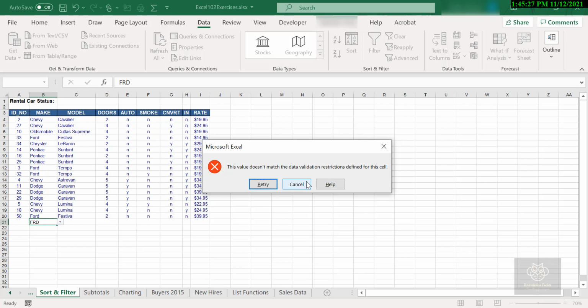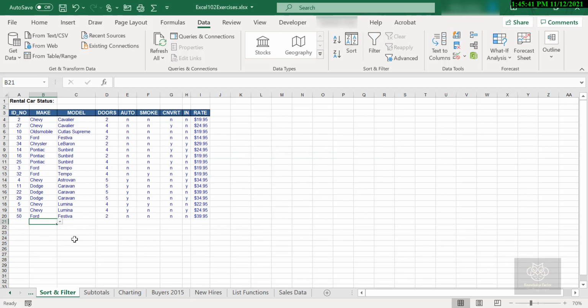So what I want to do here is customize the error message that's presented when you put something that's incorrect into a column that has data validation on it. So I'm going to go ahead and cancel here, and I'll get rid of that value, and I'm going to highlight the cell that I want to modify. So I'm going to select cell B4, shift key, and B30. That's the range that I applied this to before. You want to select your exact same range. I'm going to go back up to my data tab, data validation, and data validation command.